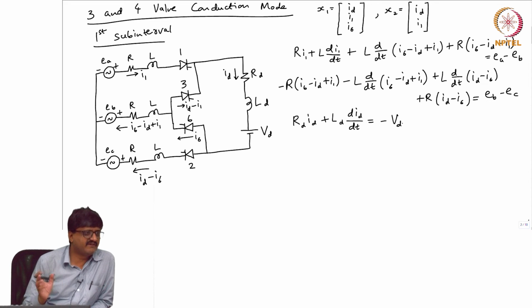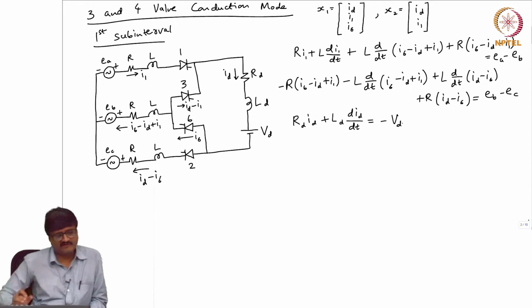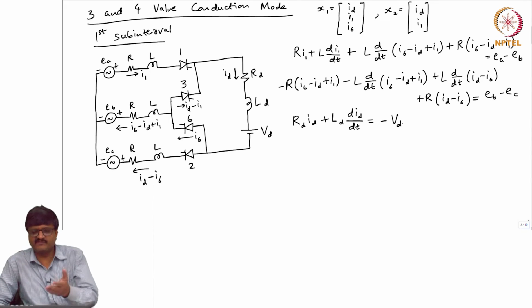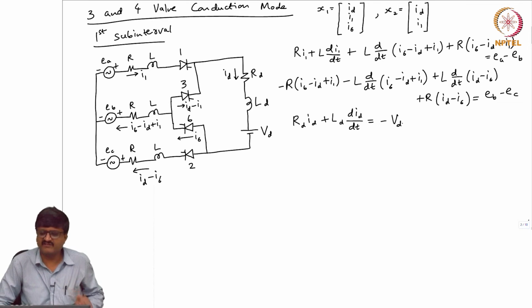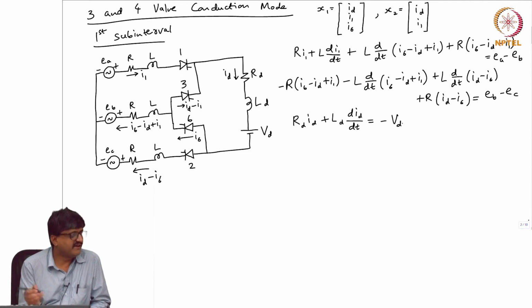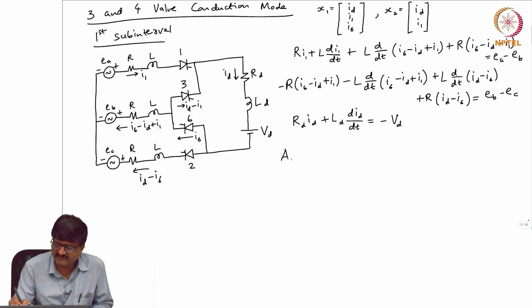See, I will repeat what is standard form. Standard form of the first order differential equations. See, all these are first order differential equations. So, in the standard form, we get the derivative of the state variables on the left hand side, the remaining terms on the right hand side. So, from that I get A1 and U1. So, I will straight away give the answer.